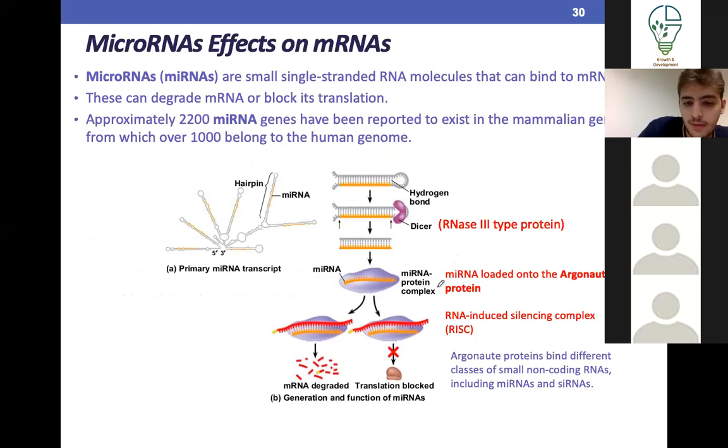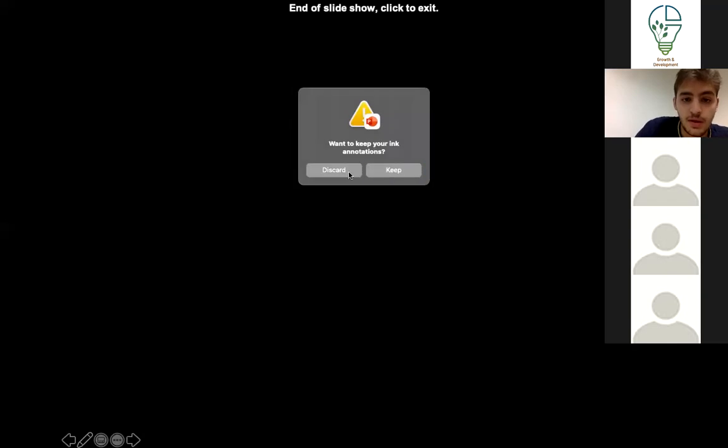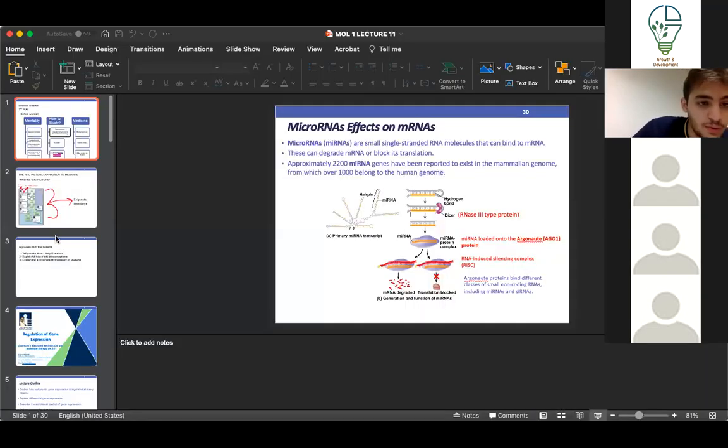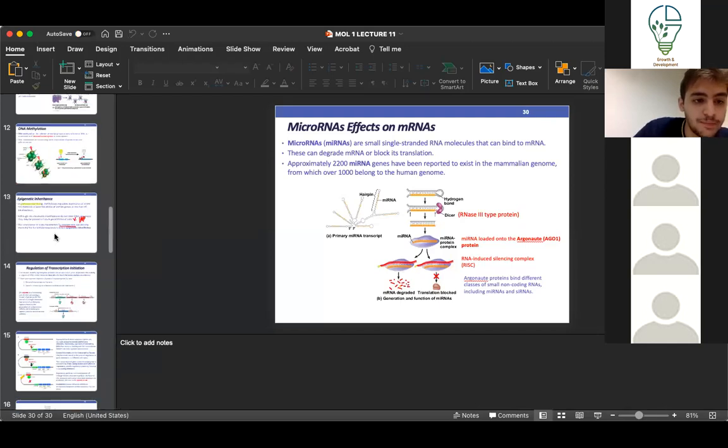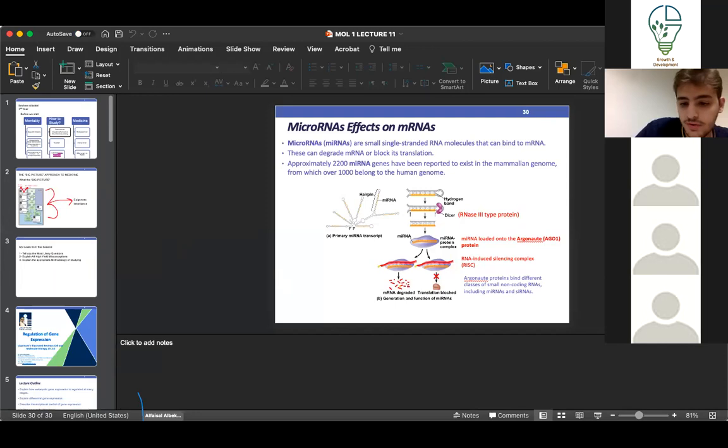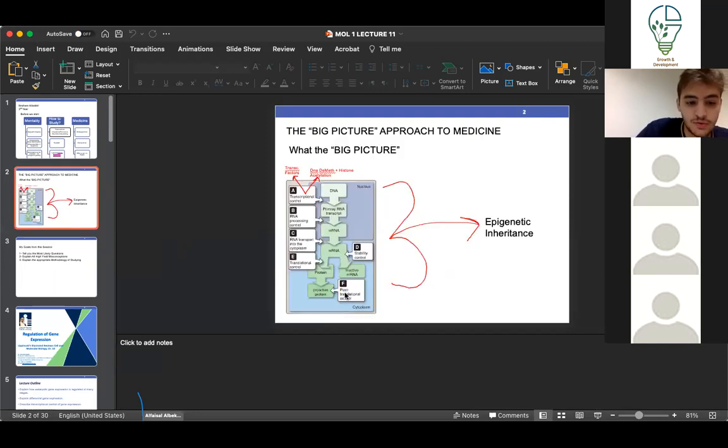So miRNA binds to Argonaute protein, and this entire complex binds to the mRNA, degrading it. So it gets degraded. So you don't have the mRNA, you don't have the protein. And that brings us to the end of the lecture. Okay, I'm going to quickly go over the slides to make sure you know the points which I explained. Actually, I want to go over this slide. That's it. I just want to go over this slide.